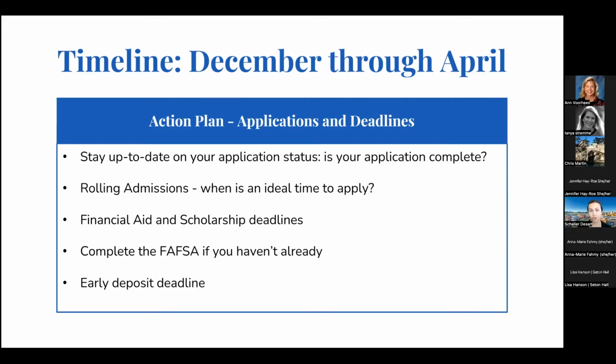If you have your application, you have all the documents we need in, we evaluate you right away. So you get a decision pretty quickly, but when to apply for that, you want to apply sooner because, again, typically scholarship deadlines are earlier and they are going to be in this December or April time period. And again, FAFSA is still very pertinent. Some schools might have deposit deadlines, so maybe you're doing early action, early decision, and those schools might need you to make a decision very early on, maybe before some other decisions are out. And that is going to be a very important conversation to have with your families and with your high school